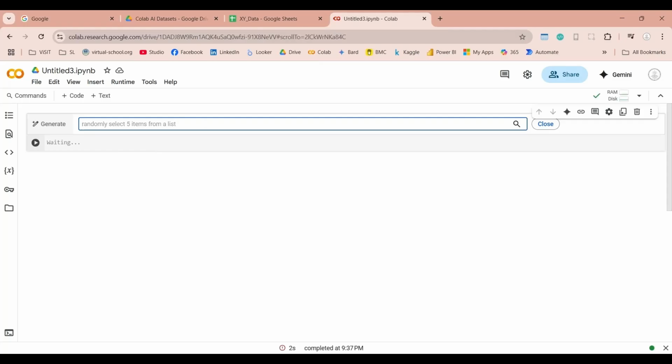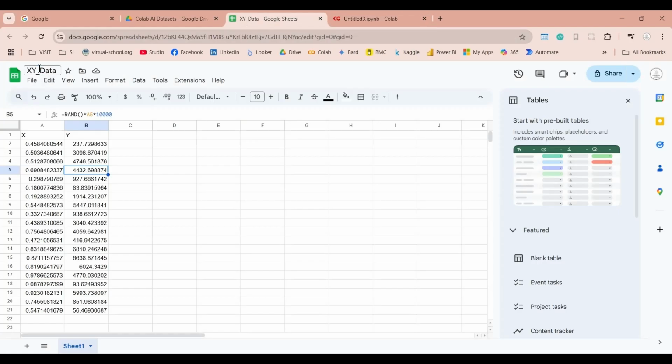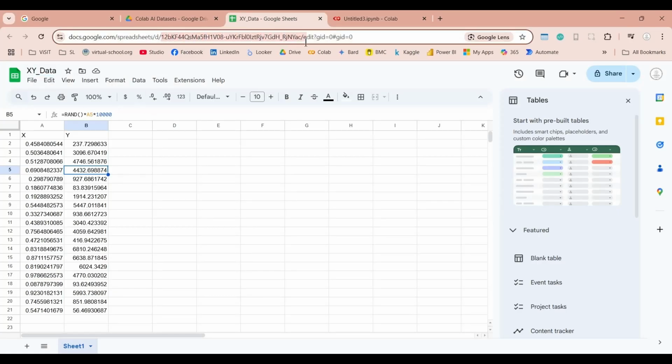There are two ways of doing this. One is to use the file name and the other is to use the ID, and the choice is up to you. If you want to use the ID, you can copy the ID from here